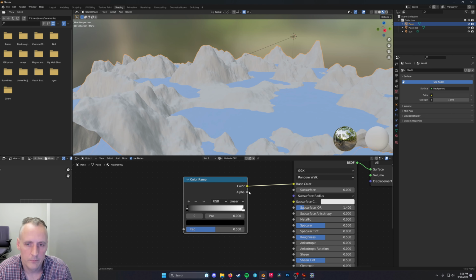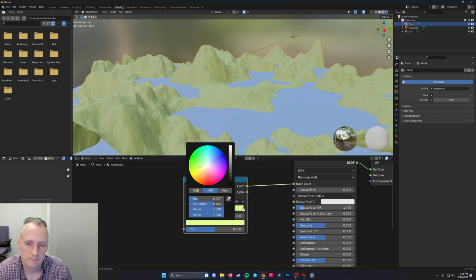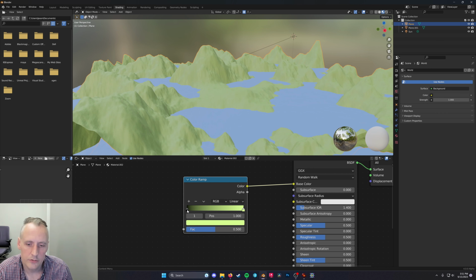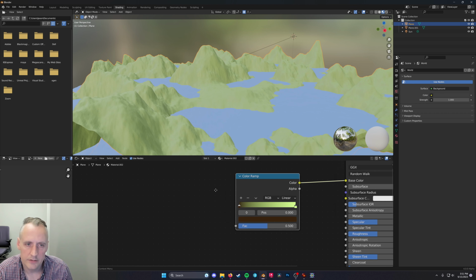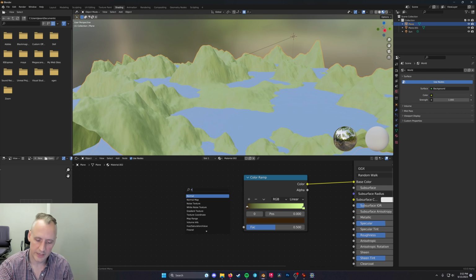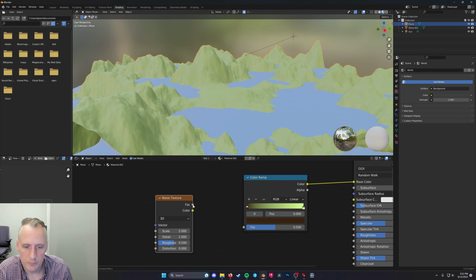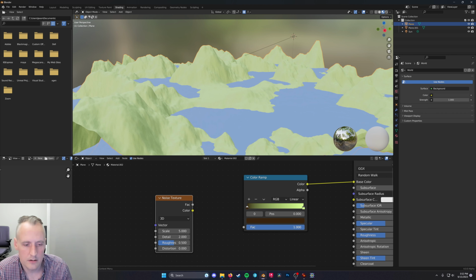into the base color. Now it's black and whitish. I'll choose maybe like a green, light color, and I'll choose maybe like a dark brown. And you can see that's not doing anything. And you can use a noise texture, plug the factor into the factor. So factor, what does that mean? You chose brown and green on this color ramp. Which parts should be brown? How much of it should be brown, and how much of it should be green? If we make it 0, it'll be all the way brown, and make it 1, it'll be all the way